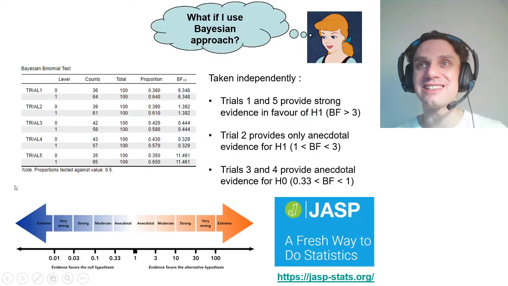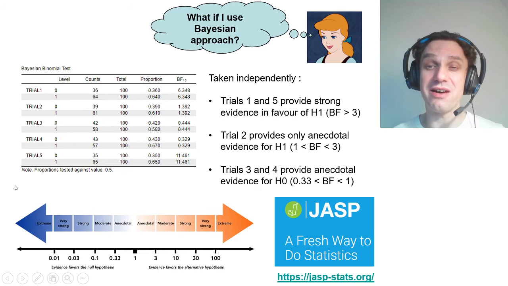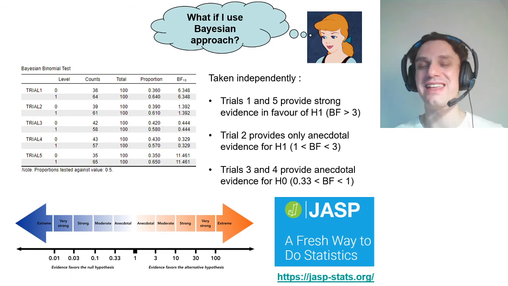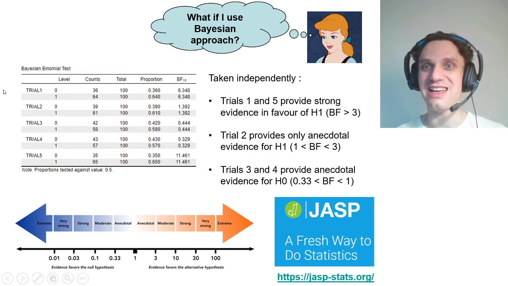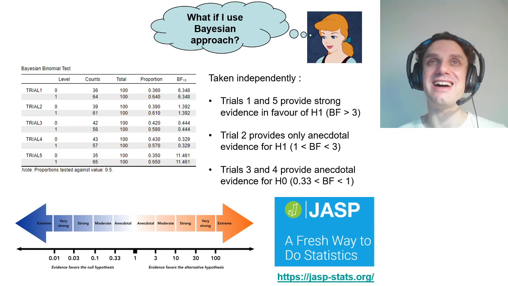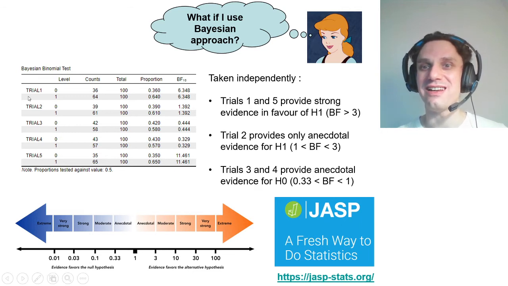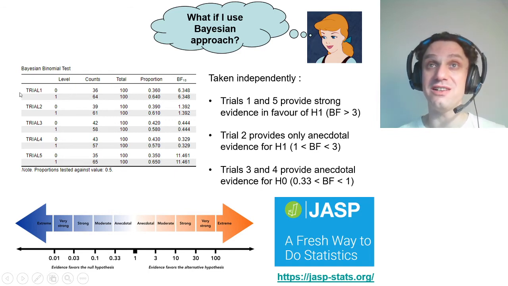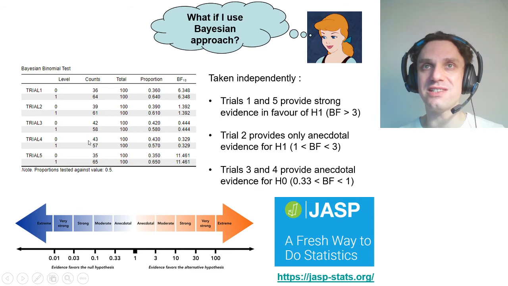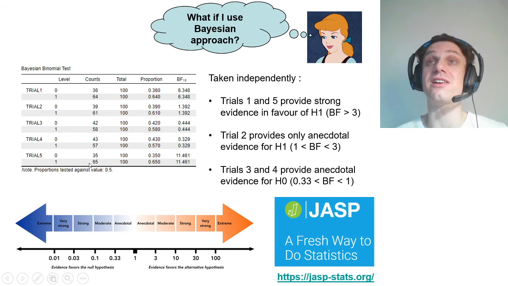To see how it works, let's try to apply it to our previous example of Cinderella. So if you remember from our discussion of effect sizes and null hypothesis tests today, Cinderella performed 5 trials. She drew 5 different samples of grains from this box, and the proportion of white grains was 64, 61, 58, 57, and 65 out of 100.